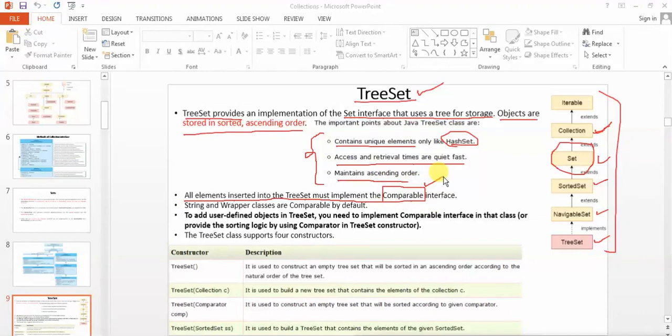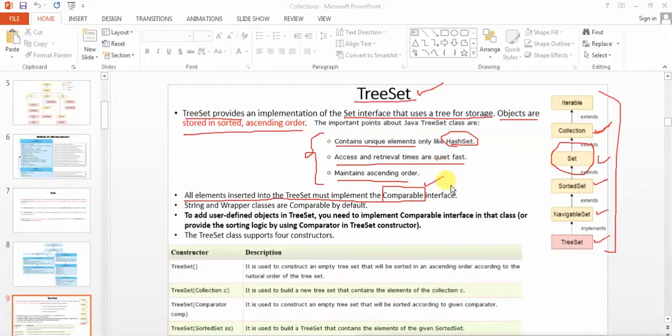The first thing you have to remember is that primitive data types cannot be added into the collections, meaning the tree set. As you cannot add primitive data types in array list, similarly you cannot add primitive values inside the tree set also.